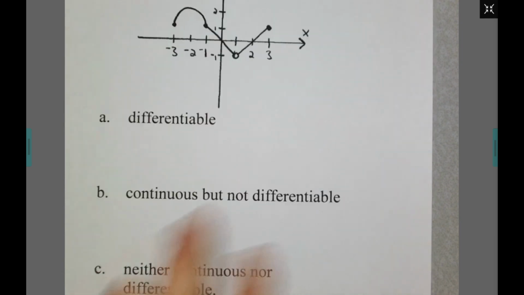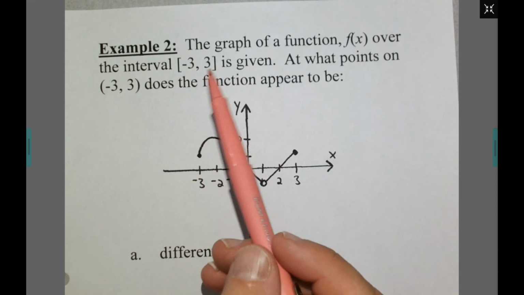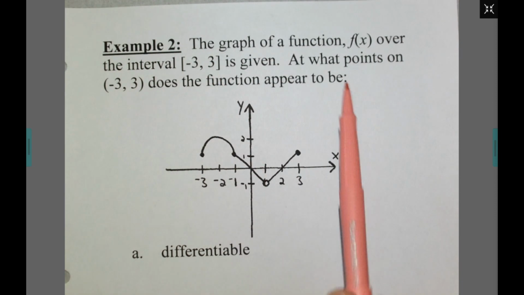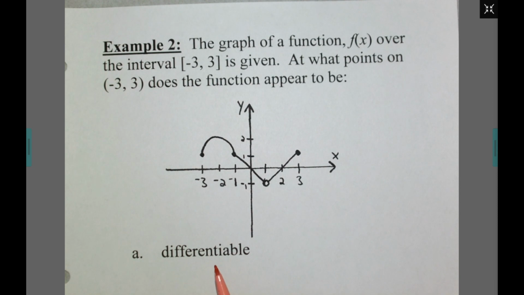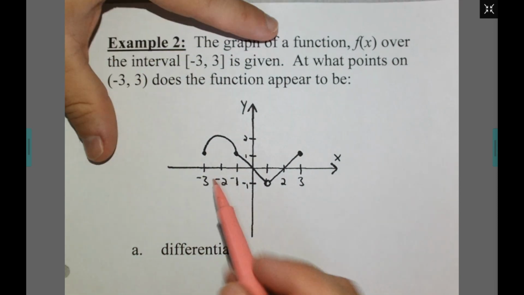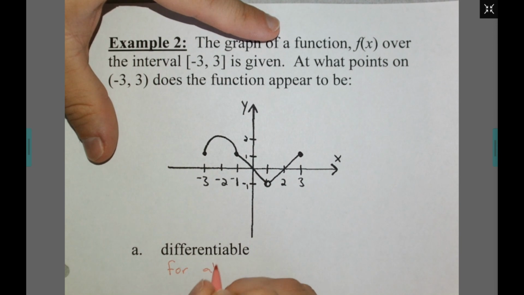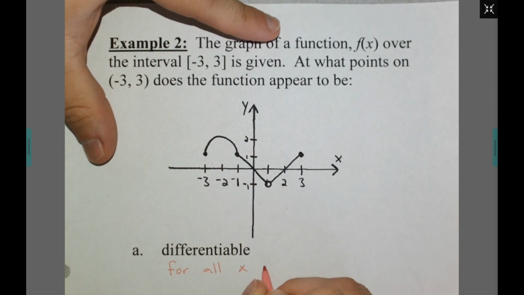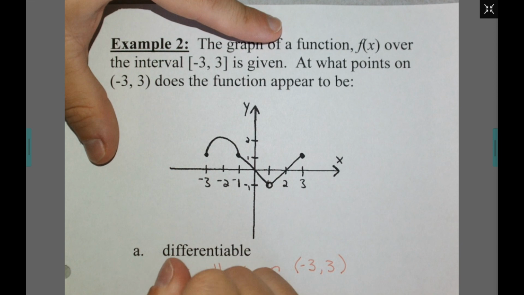All right, last example we're looking at in the 3-2 notes. They give us a function. It's over the closed interval from -3 to 3. And they want to know at what points on -3 to 3 does the function appear to be differentiable. So I'm saying it's going to be differentiable for all x on the interval from -3 to 3, except,